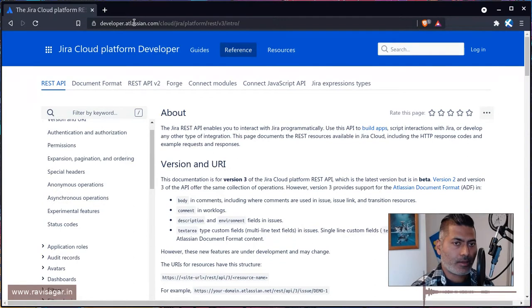And the reason I'm talking about this page probably the 10th time is because I get a lot of inquiries. A lot of people ask me, okay, can we do this using Jira REST API? Can we do that? And I thought I'll share this one more time because I think there is no harm in repeating yourself for the benefit of a lot of people who are trying to solve their problems.